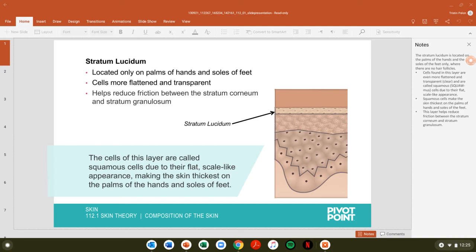It's small, so if you look here, down here you had that previous granulosum layer, and then you have this lucidum. I remember lucidum because, like, if you think like lucid dreaming or like